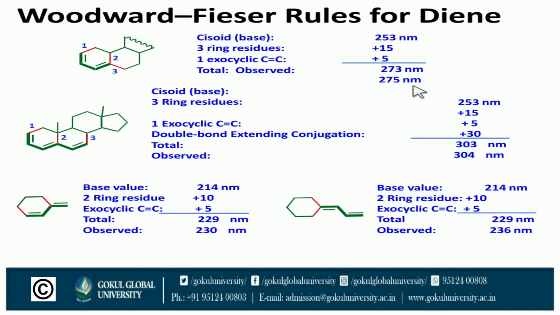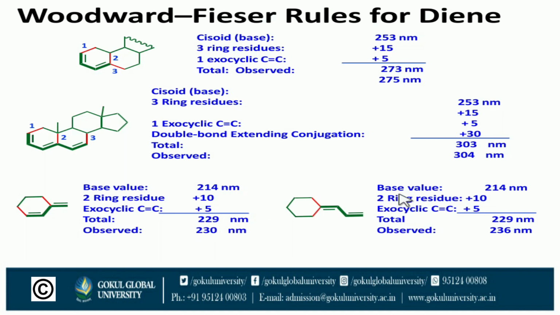Then the value is 253, 3 ring residues present here, 1, 2 and 3. Then 3 into 5 is 15, 1 exocyclic double bond present here, then plus 5. Double bond extending conjugation is also present here, then plus 30, then the total value is 303 nanometer. In the sixth example, the base value is 214 nanometer, 2 ring residues present here, then plus 10, exocyclic C double bond C also present here, then plus 5,